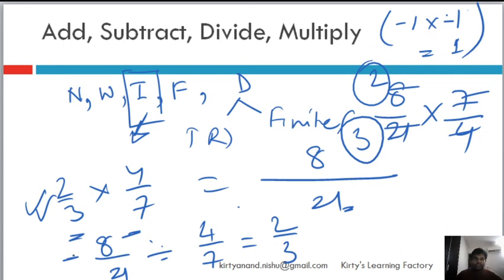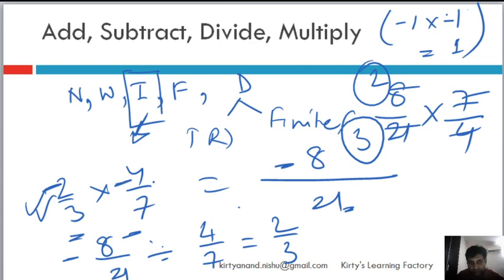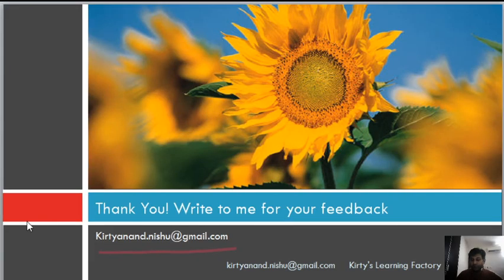So just take care of the negative signs, for example, if it is minus 2 by 3 into 4 by 7, it will be minus, right? Because 4 into minus 2 is minus 8. If it were minus 2 by 3 into minus 4 by 7, it will again follow the same rule. Minus 2 into minus 4 will be plus 8. As simple as that, and same for division also. So that's all for rational numbers, and I hope you enjoyed it. It's rather simple. So all the best and have fun.